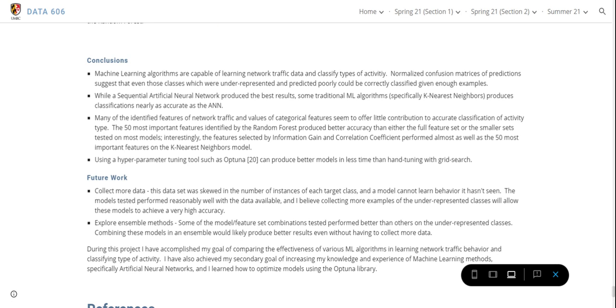During this project, I've accomplished my primary goal of comparing the effectiveness of various machine learning algorithms in learning network traffic behavior and classifying type of network activity. I've also achieved my secondary goal of increasing my knowledge and experience of using machine learning methods, specifically artificial neural networks, and I learned to use the Optuna